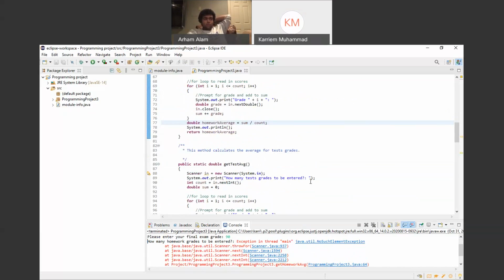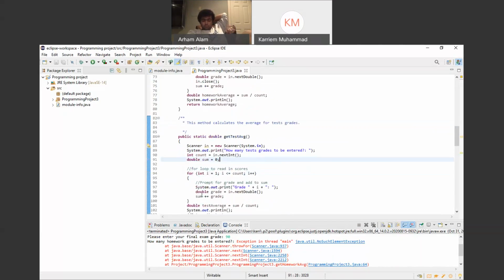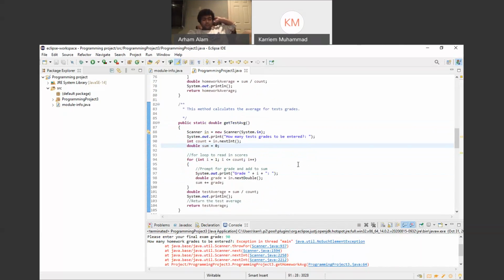You know that you're using a scanner when you're saying in dot next int or next something. So you don't want to do it there. You don't scroll down. Remember, because you use it in the for loop where you say in dot next double. So you want to close it. So you want to go to line 98. Well, that would be closing every single